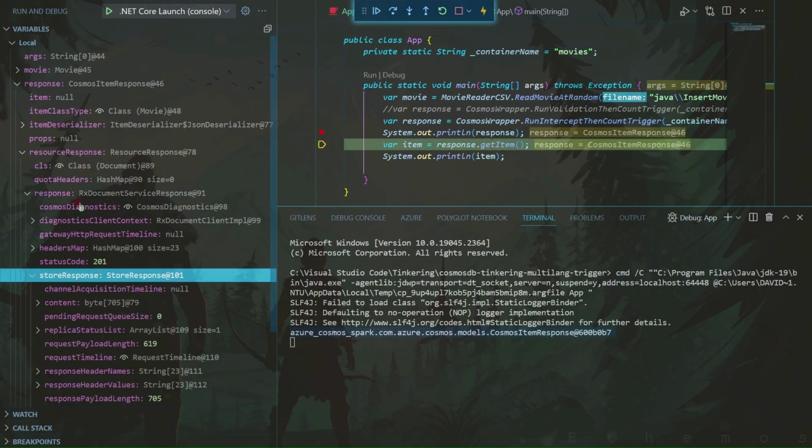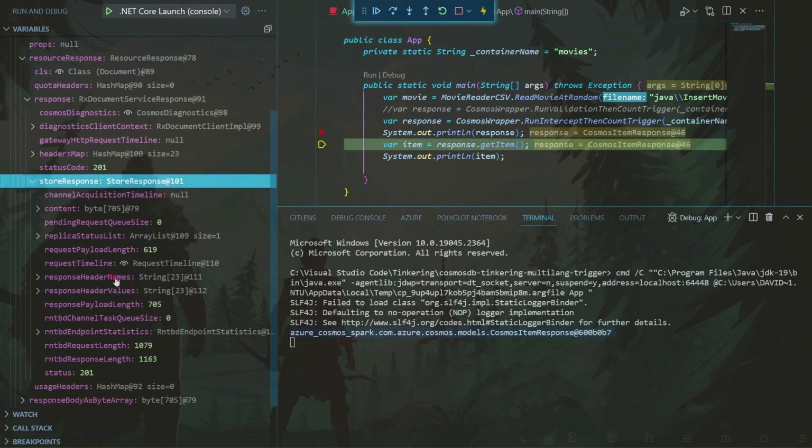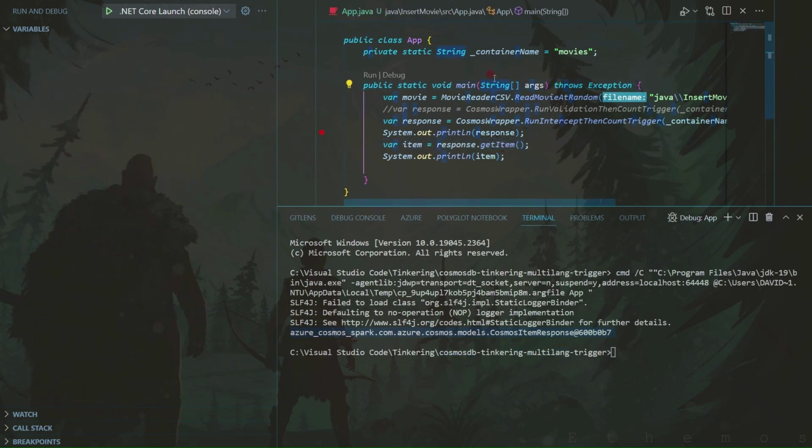So if we dig deeper into response, resource response, the response there, and then the store response, then we'd see, okay, there's also the actual content as a byte array. But the only issue with this is that these two variables are private variables because of how the Java SDK was structured. And I'll show that shortly as well. So if we jump into